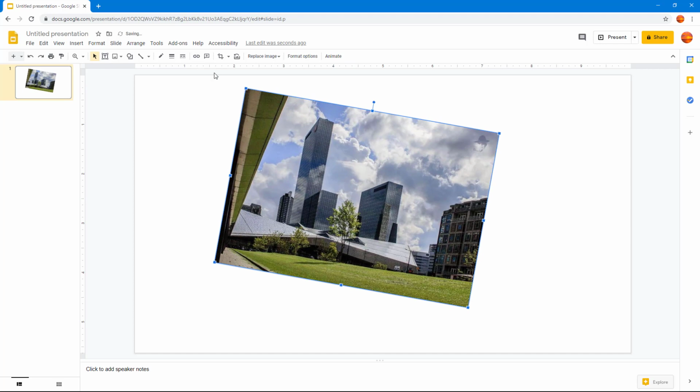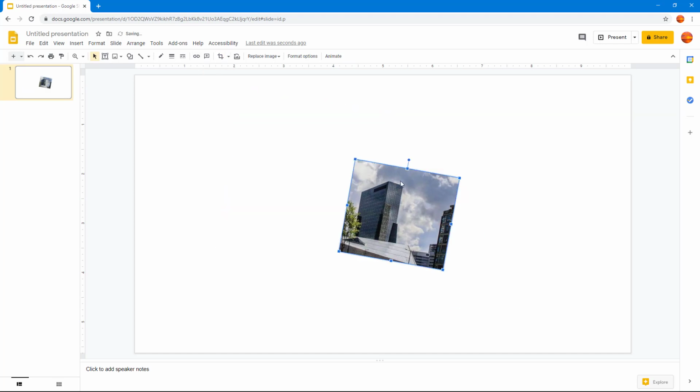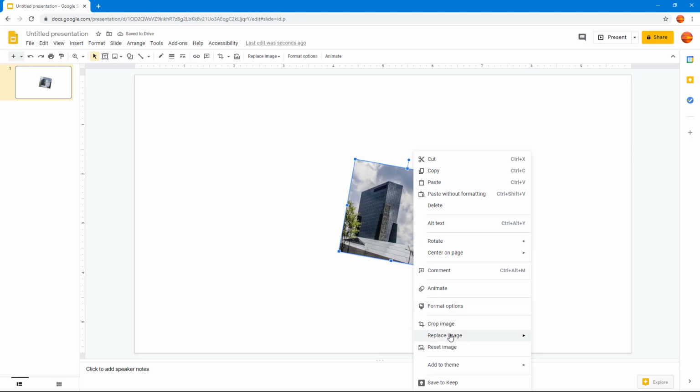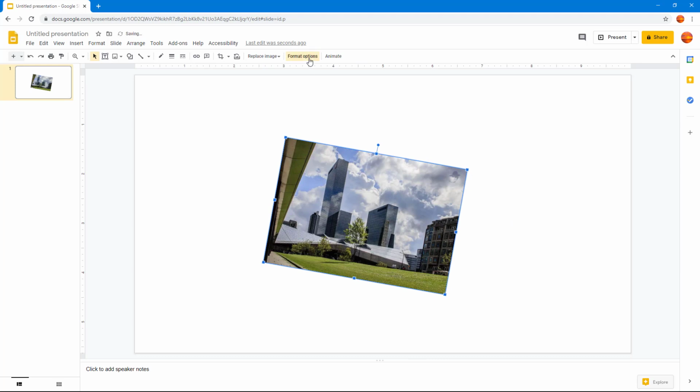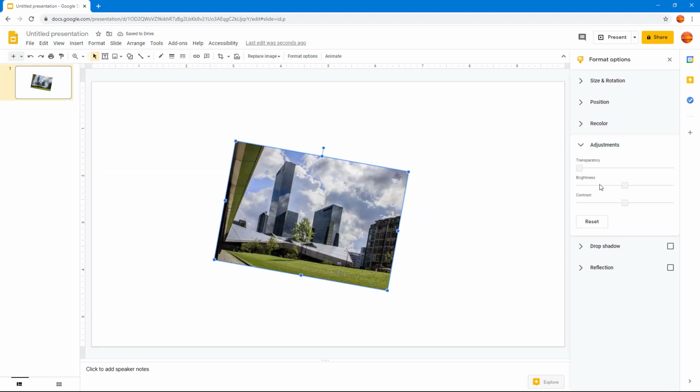So you can go around, change it around, and you can see that even if you crop it, if you want to get it back onto the default, you can simply right click and reset the image right here. Even if you were to apply some effects onto this from format right here,